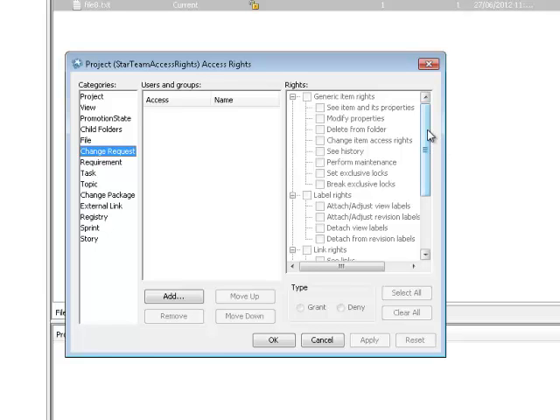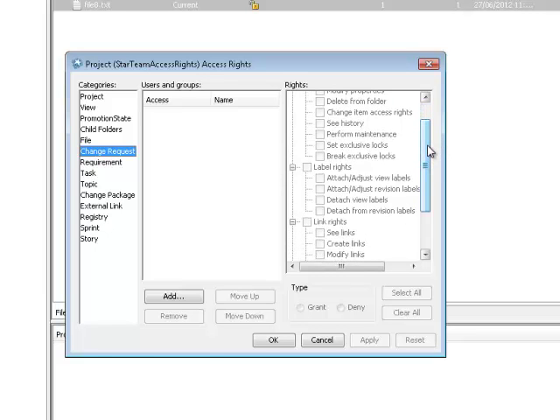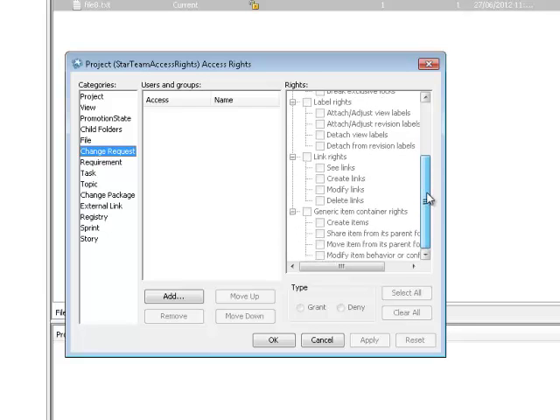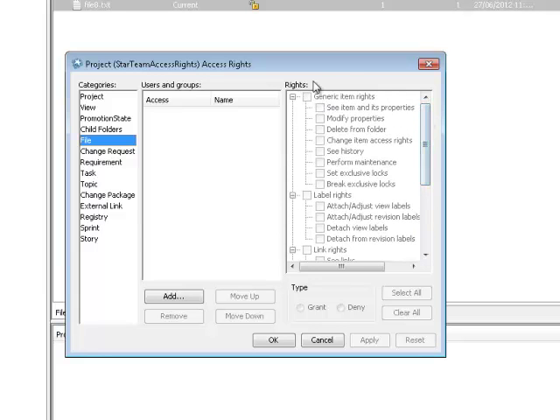The reason we are starting with the change requests is that StarTeam access rights operates a bottom-up approach, i.e. it starts at the lowest level item and applies the access rights at this stage. So all of the rights that we are seeing here can either be granted or denied for a particular user or group. The access rights then move up a level, essentially to the file level,